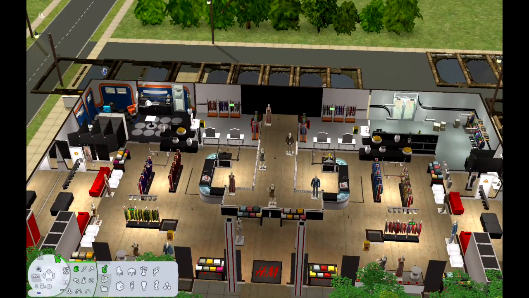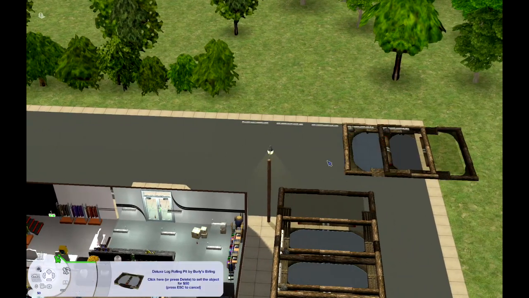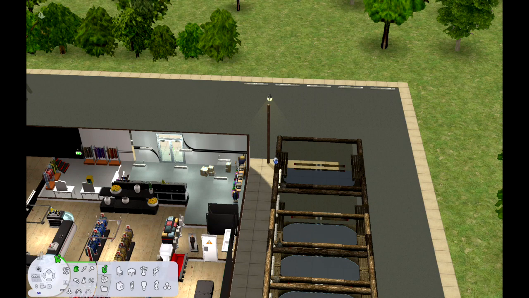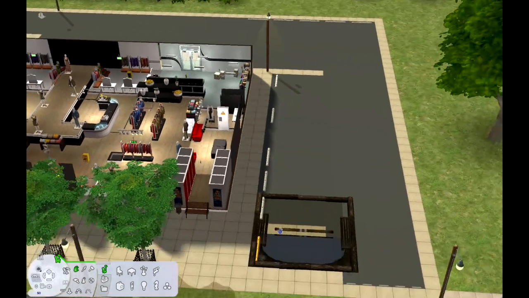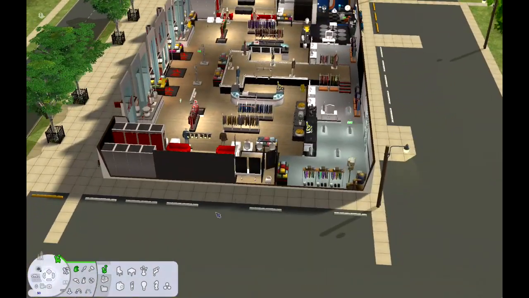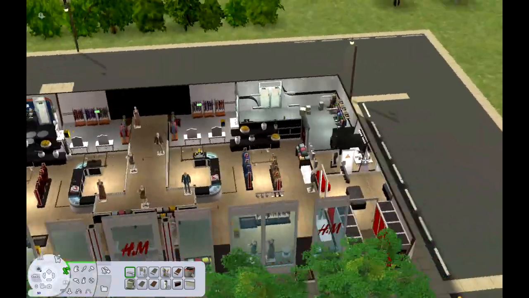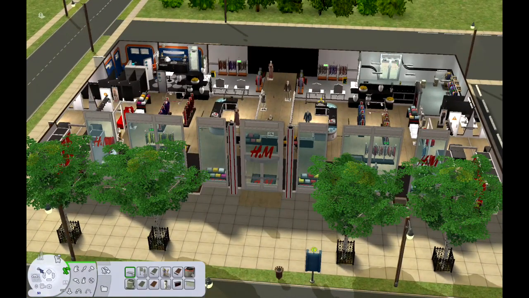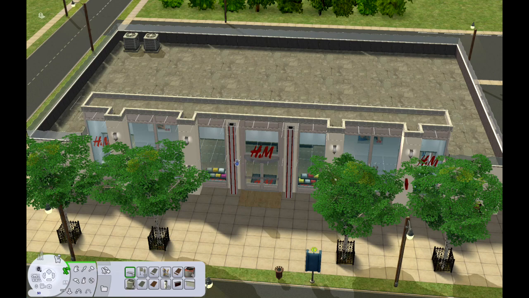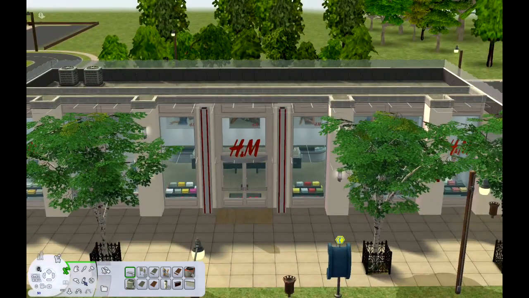So, in that vein, we are going to be making over this H&M lot. As nice as it is to have a giant department store in Pleasantview, and as much as it fits the theme of including all the stuff that came from expansion packs, stuff packs, and all that, I don't think it's necessary. I just don't. I don't think that this is something that they need in this neighborhood when there's so many other things that they can use. So, what I've decided is this was an H&M, but it went out of business, and like